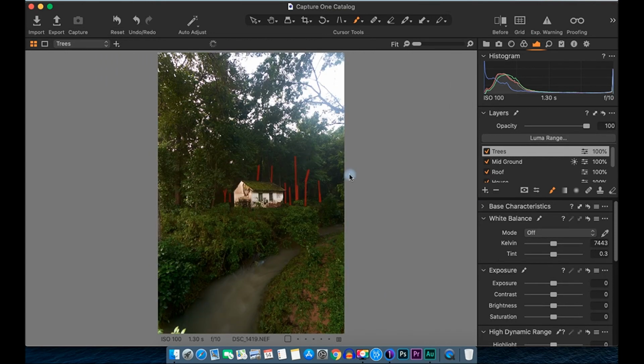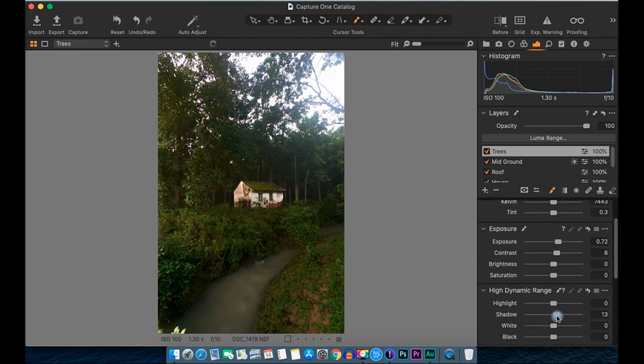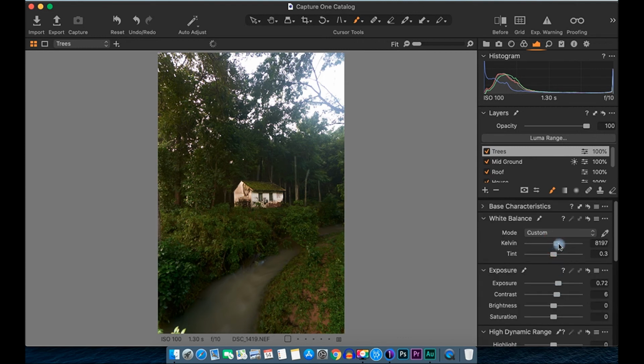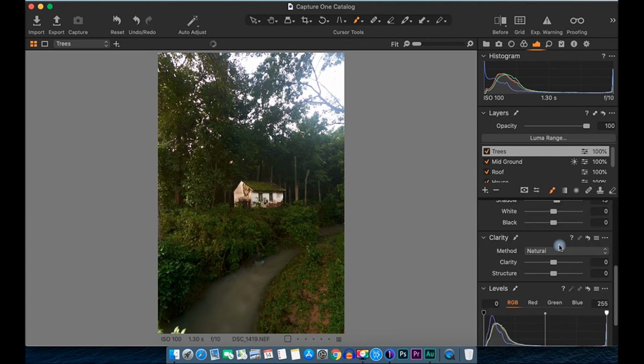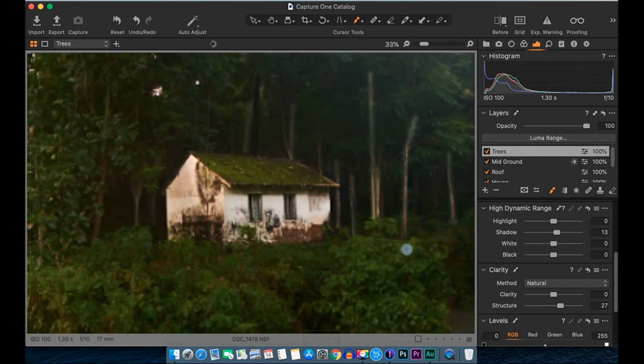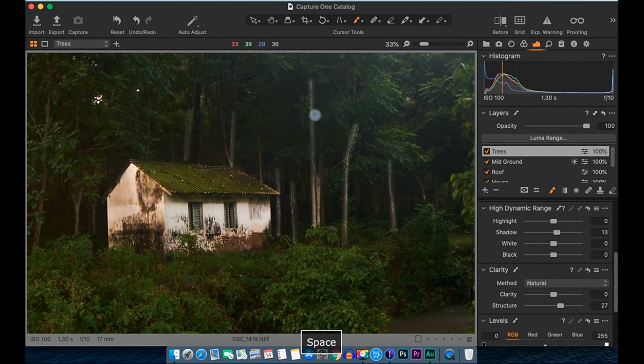Okay, let's hide the mask, and again we'll brighten those trees a bit. We'll give a bit of contrast, pull up the shadows, and let's warm them up as well a little bit. And then here it is, give it a structure, and let's zoom in a bit just to see that we have not overdone anywhere. See, now, as you see here, it is looking bit fake.